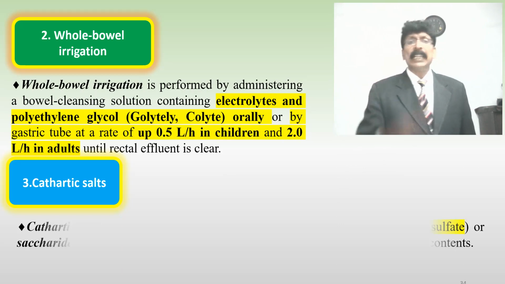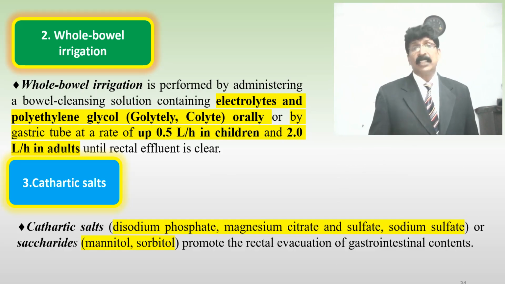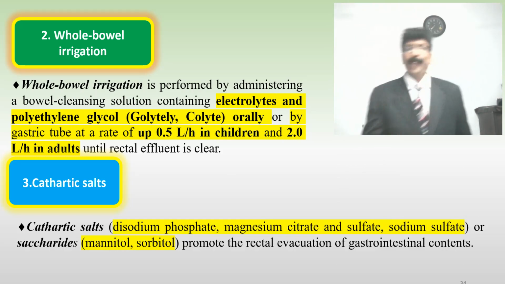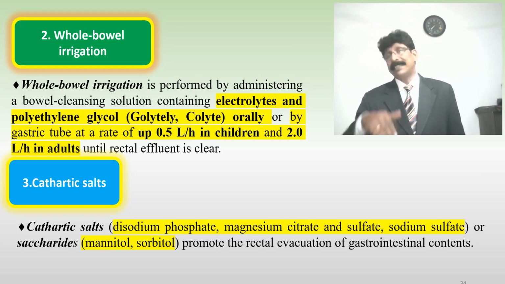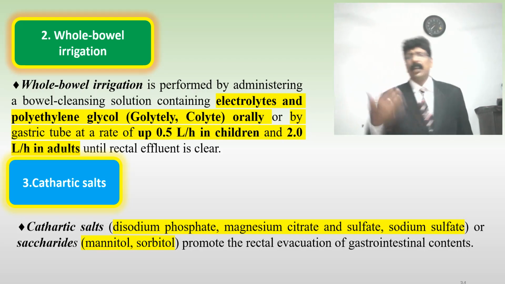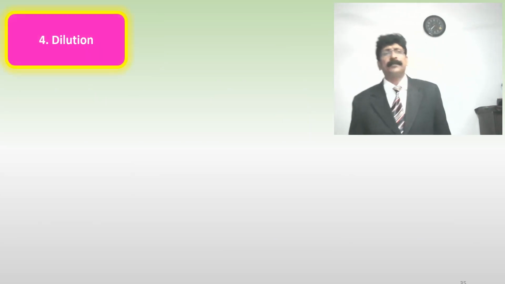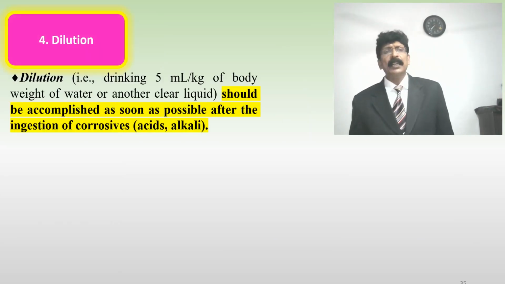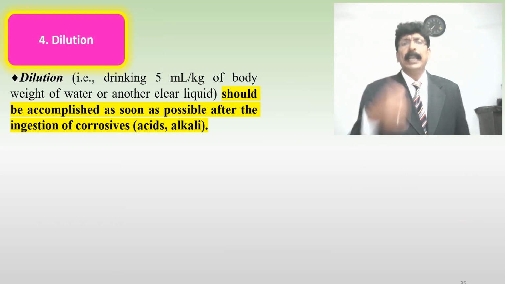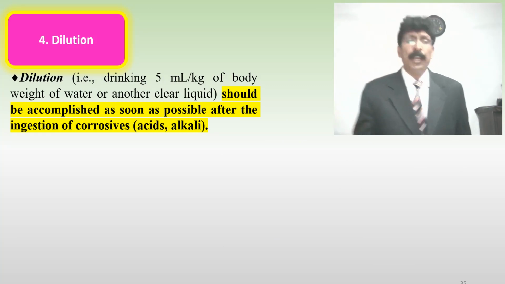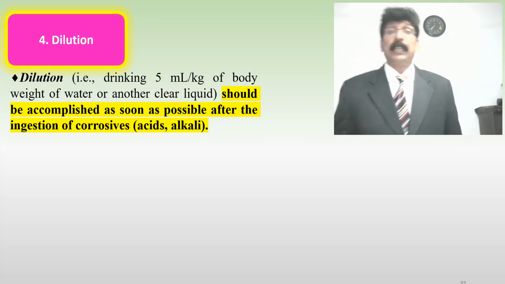Even cathartic salts can be used. Cathartic salts like disodium phosphate, magnesium citrate, magnesium sulfate, sodium sulfate, or saccharides like mannitol and sorbitol promote the rectal evacuation of gastrointestinal content. Dilution by drinking 5 ml water per kg of body weight, water or another clear liquid,